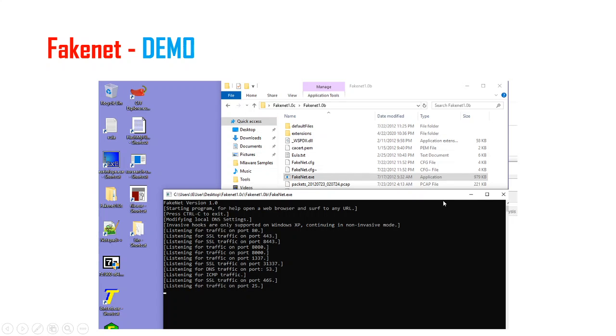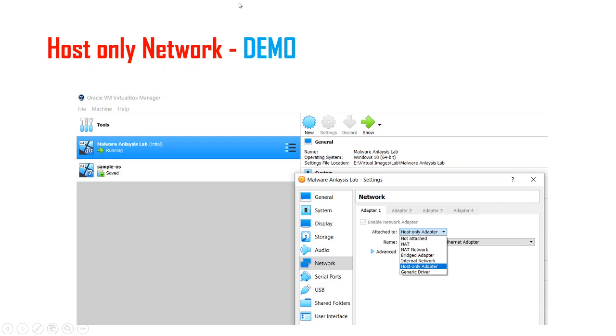The third demonstration is FakeNet. FakeNet is a tool that will make the malware believe that it is actually communicating with the internet, right? If I am using host only network, then there will be no internet in your virtual machine.